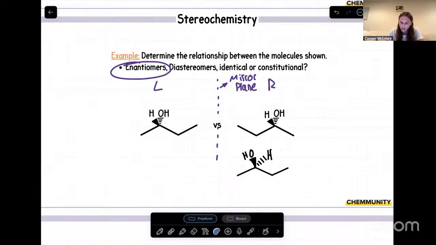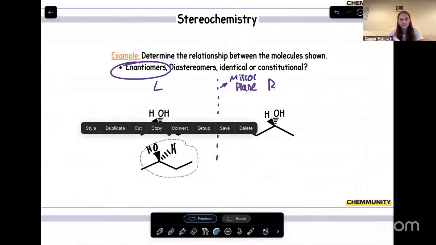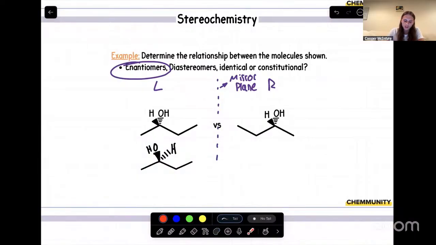And then what we can also do is drag and drop that molecule and just assess how the wedges and dashes look against each other. So our methyls perfectly align, our ethyls perfectly align, but if we look at those wedges and dashes, our hydrogen is dashed right here, but it is actually wedged up top. And then same with that alcohol, wedged down here, dashed on top.